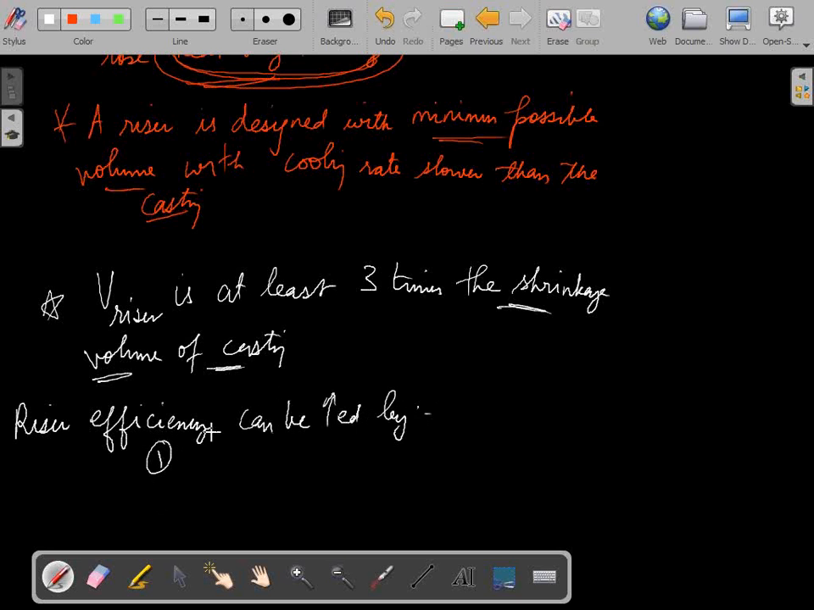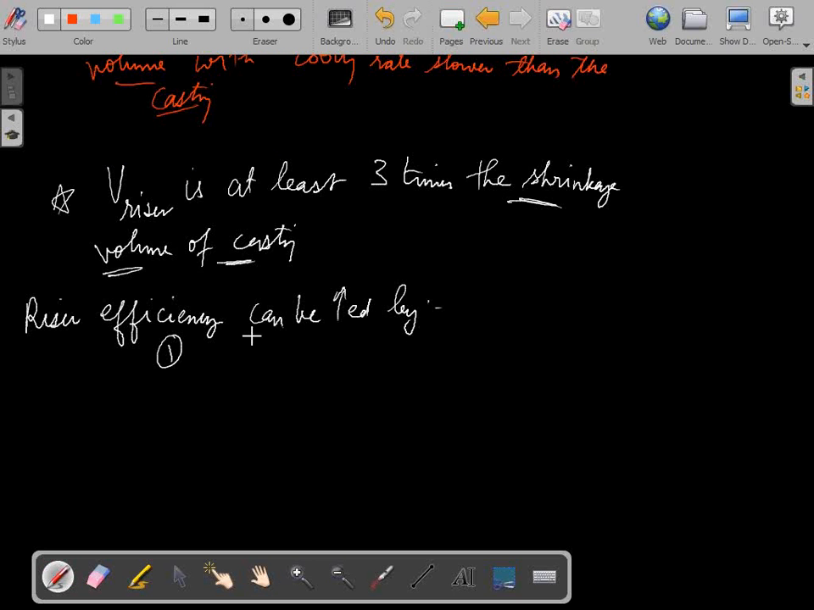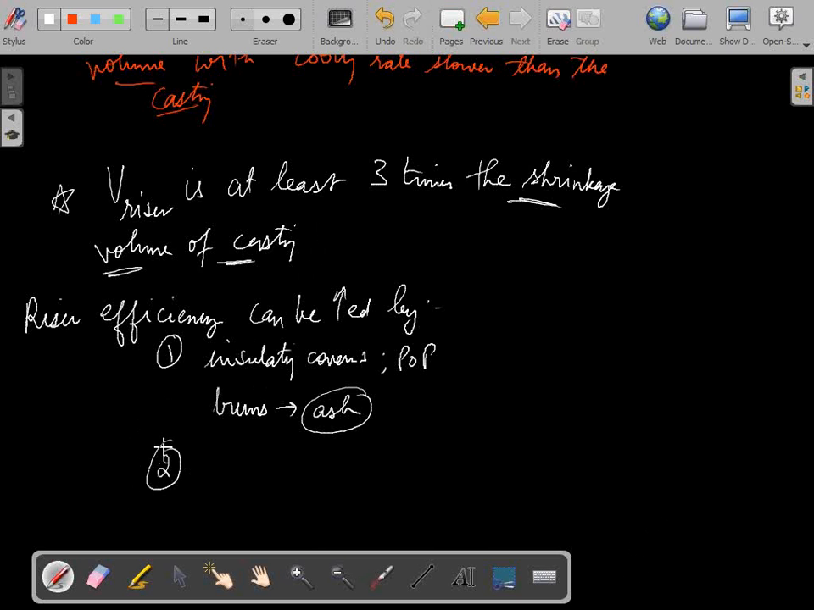by, first point, we can use insulating covers. You can use insulating covers around the riser walls, and these can be made up of POP. So what happens when this insulating cover comes into contact with the molten metal? It burns. It converts into ash. Now this ash provides insulation. Okay, so this means heat is kept inside the riser and it is not dissipated, thus reducing the cooling